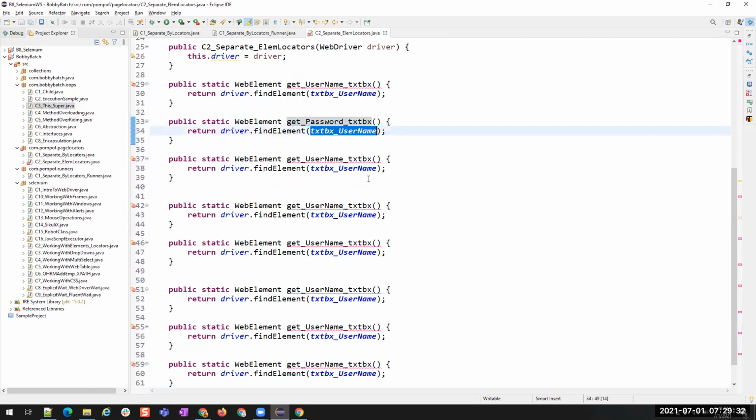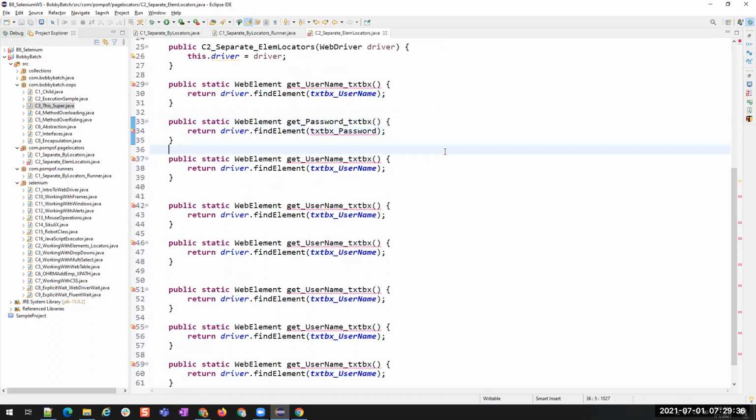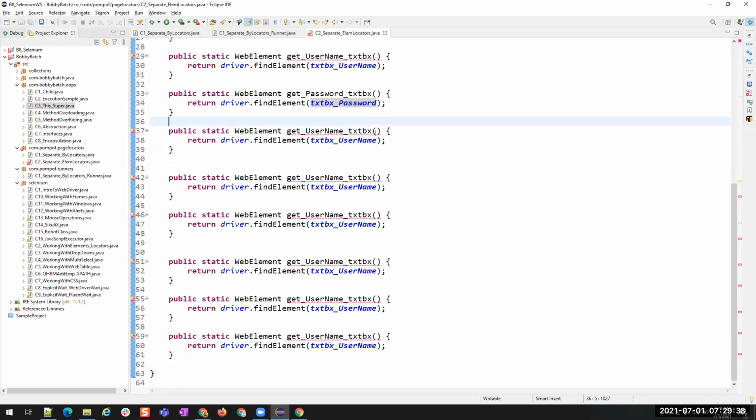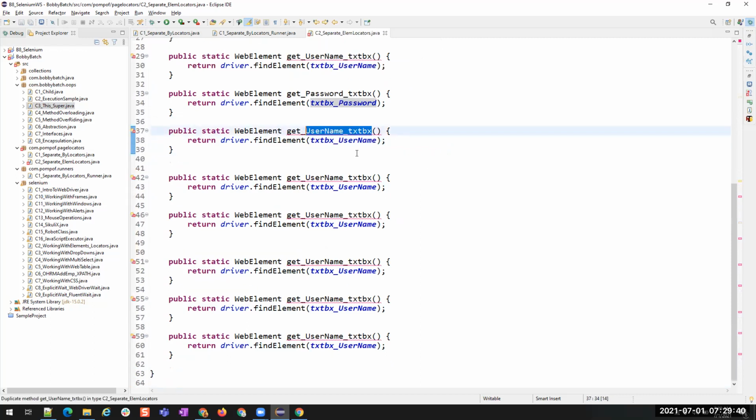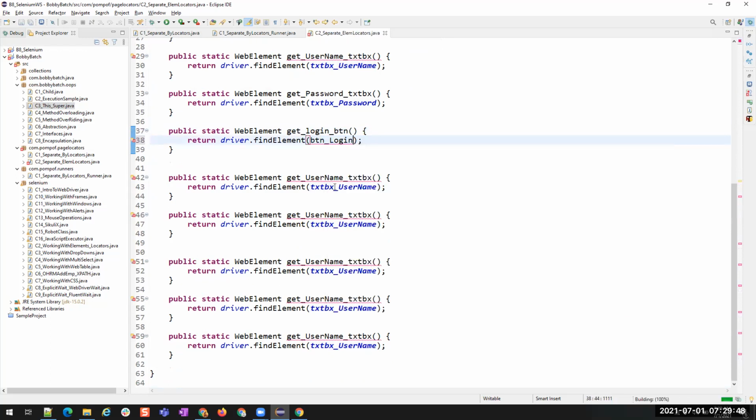Get password text box, and this will be text box underscore password. Okay. Then here it will be get login underscore button. This will be button underscore. This will be first name text box. So no, it will be PIM.